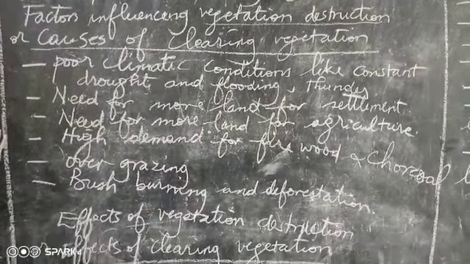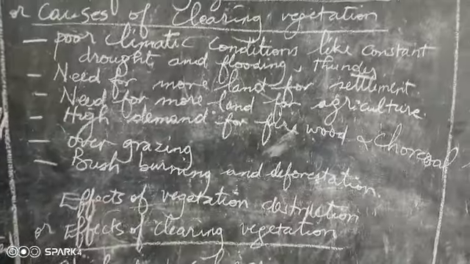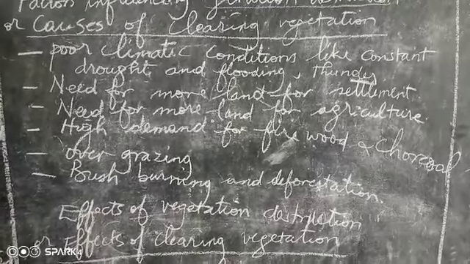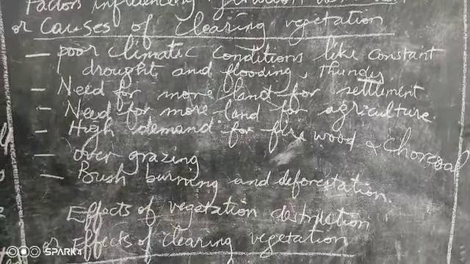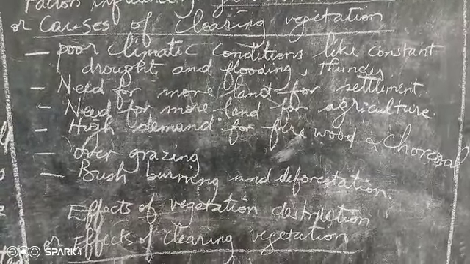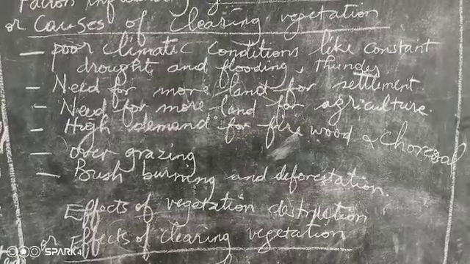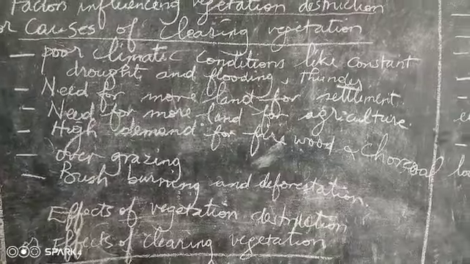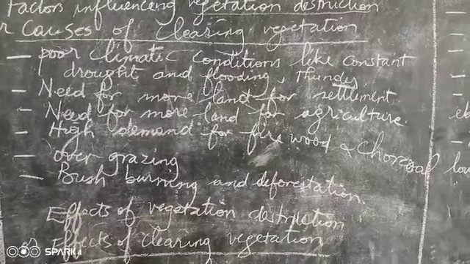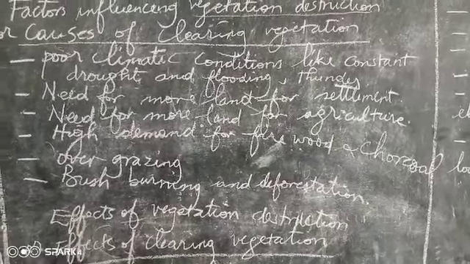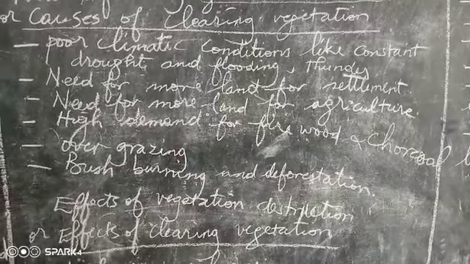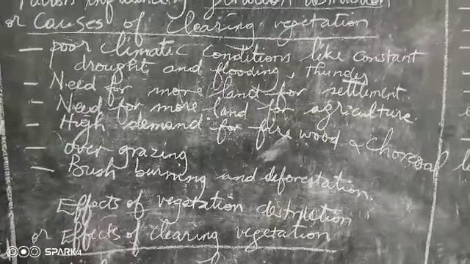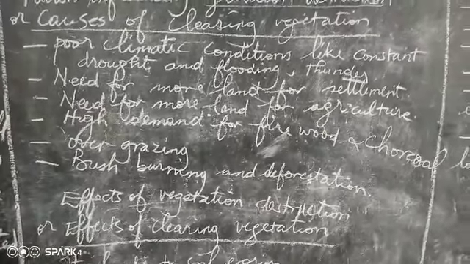Just like people need food to eat. And if you want food to eat, you have to grow crops. Okay? And you cannot grow crops in an area where there are a lot of grasses. So that's why you first clear or destroy all natural vegetation so that you can grow your crops. So that's why we say if we need more land for agriculture, we keep on destroying vegetation.